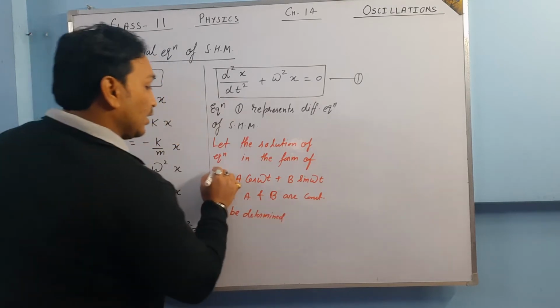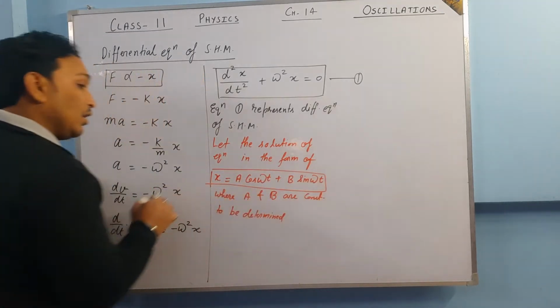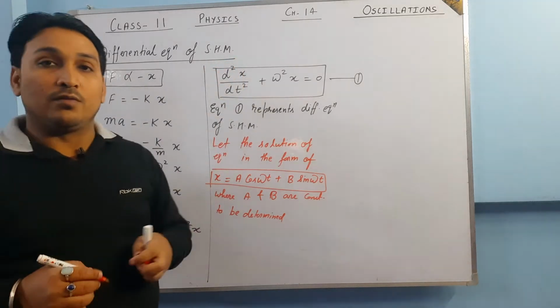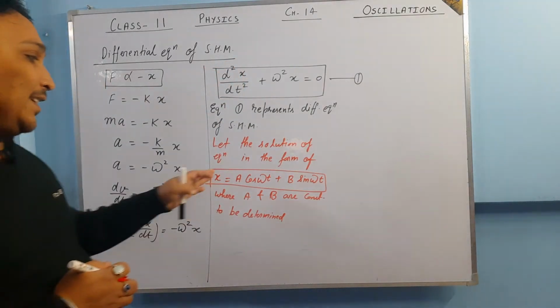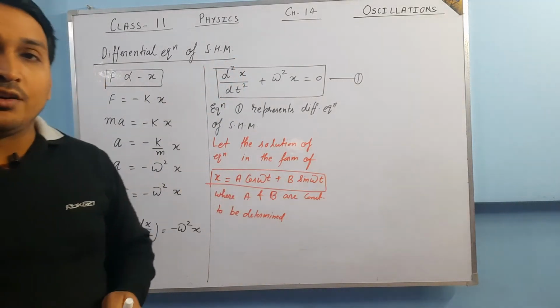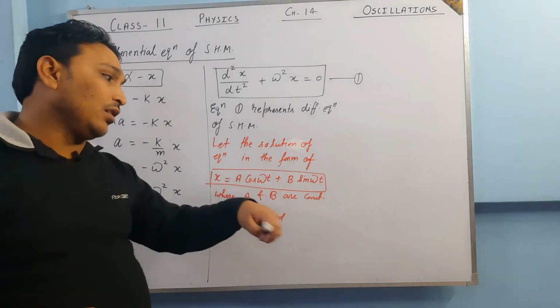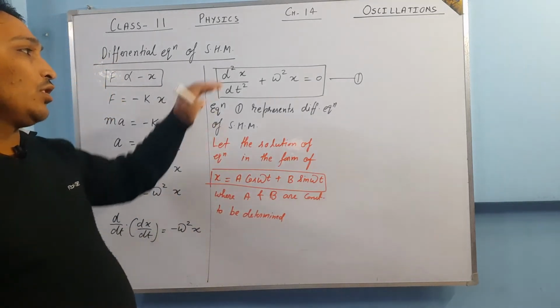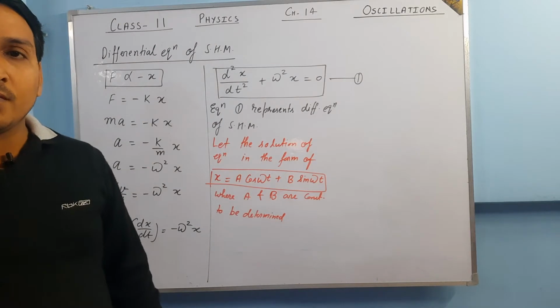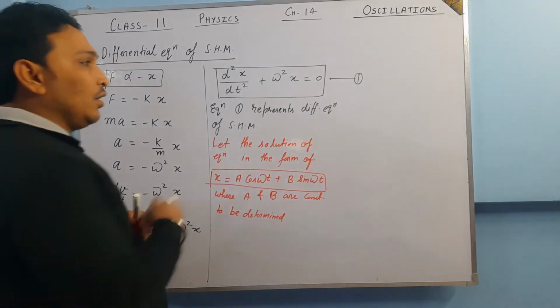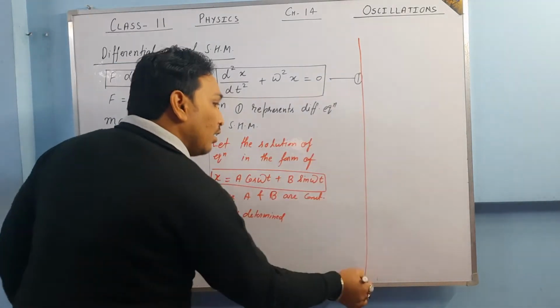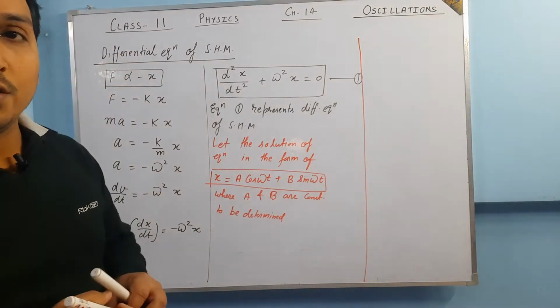And why I am saying this, that this equation is the solution of equation number 1. Okay, this A and B are constants and they have to be determined, but that is another thing. But how can this equation be a solution of the first equation? So let us see why this equation is said to be a solution of the first equation.